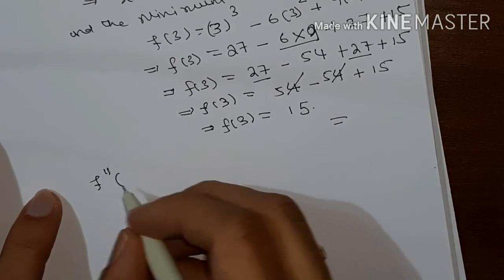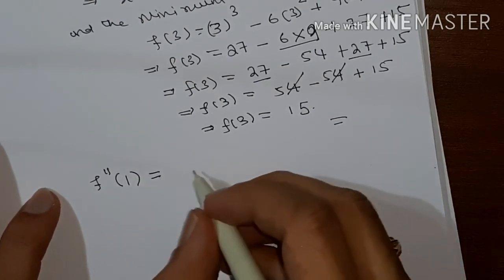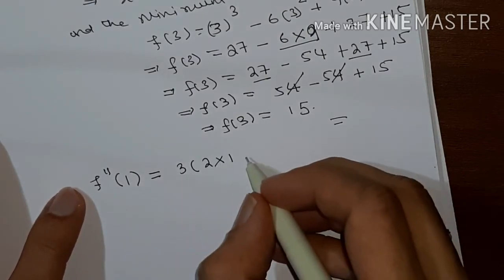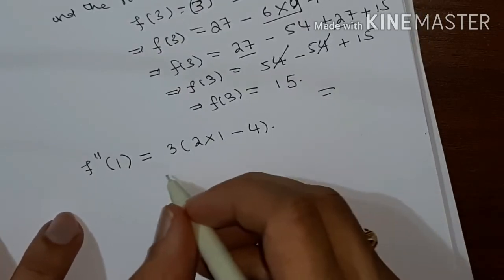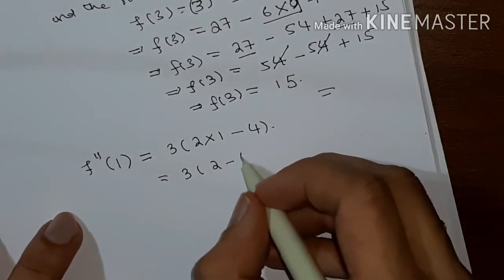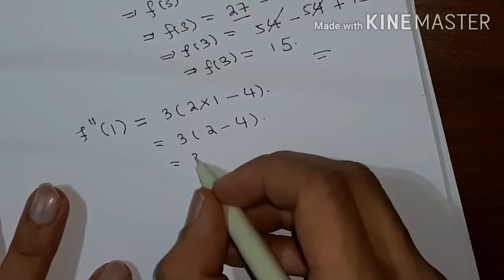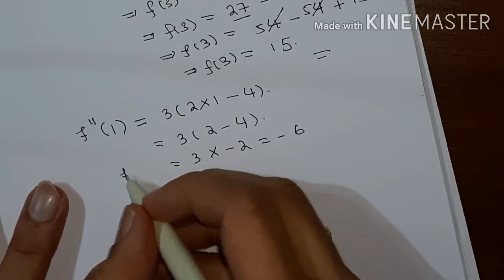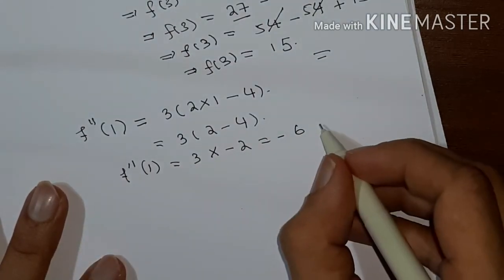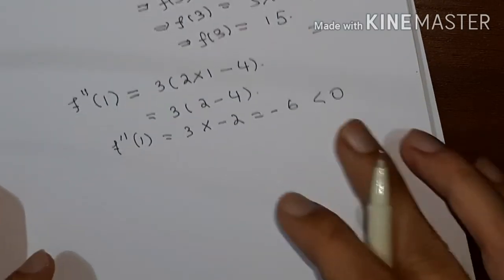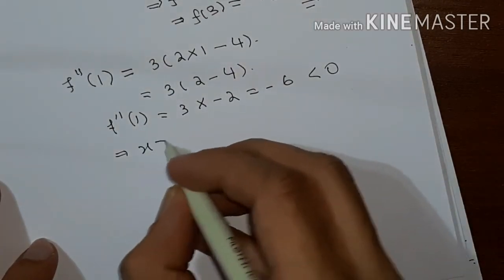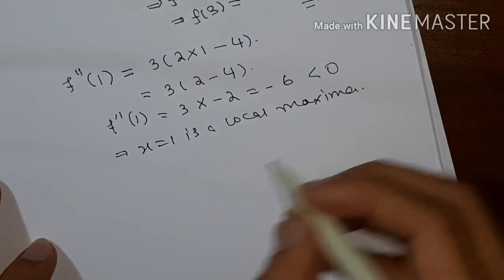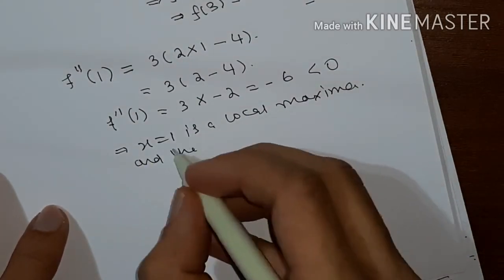Now let us find f double prime at the next critical point, that is 1. That is 3 times 2 multiplied by 1 minus 4. So that is 3 times 2 minus 4, so 3 times minus 2, which is minus 6. So f double prime at 1 is minus 6, less than 0. So this implies x equal to 1 is a local maxima, and the maximum value is